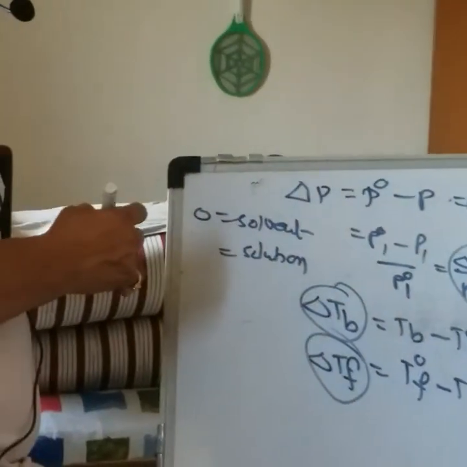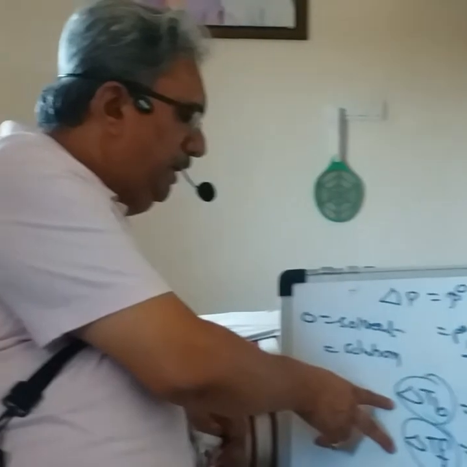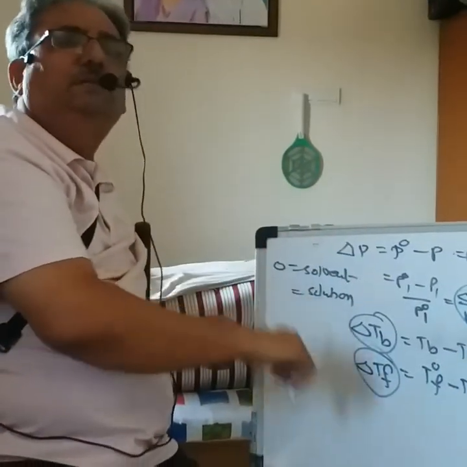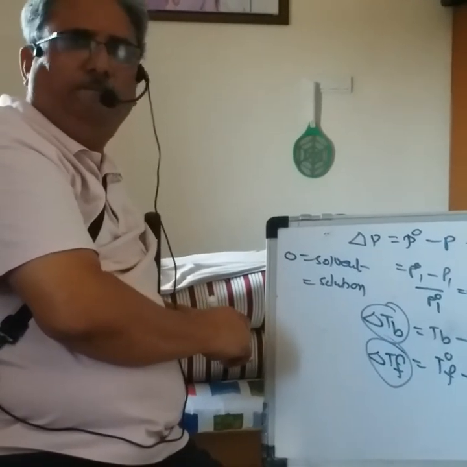Now when water is there, always take the boiling point as 100 Celsius or 373 Kelvin, and the freezing point as 0 degrees or 273 Kelvin. Normally we use temperature in Kelvin. Whatever temperature in Celsius you have, add 273, actually 273.15, but we'll neglect 0.15. And whether you show this delta TB or delta TF in Kelvin or Celsius, the value will remain the same.